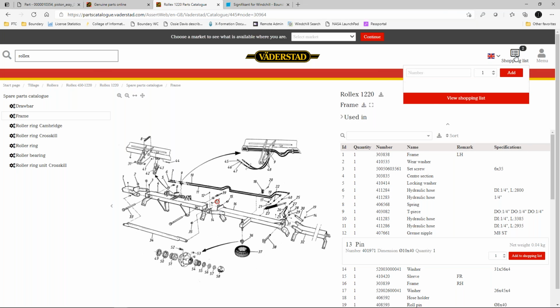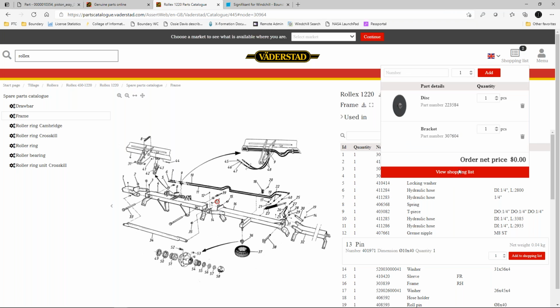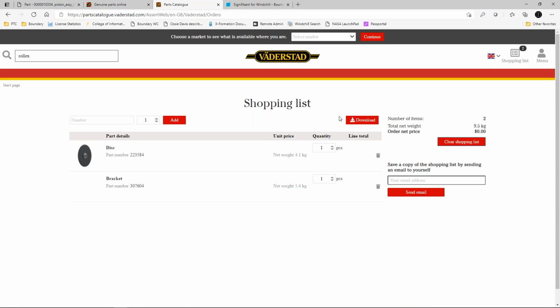Now, when you have that shopping list, I'm going to say view the listing. What it does now is allow me to simply download it. If this is something I need to have a record of, I can download it as a PDF or an Excel file, or I can email it. It says save a copy by sending it to yourself, but if I need these parts ordered, I can type in purchasing's email, and it'll get sent to purchasing, and they can actually order these files. So all of this can be